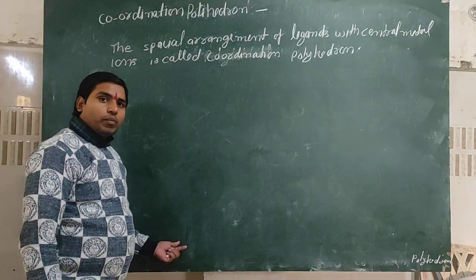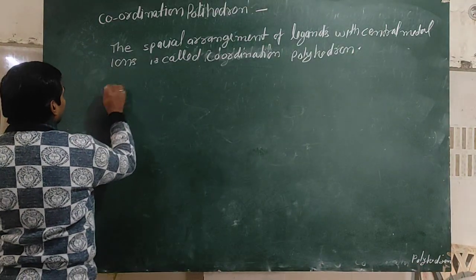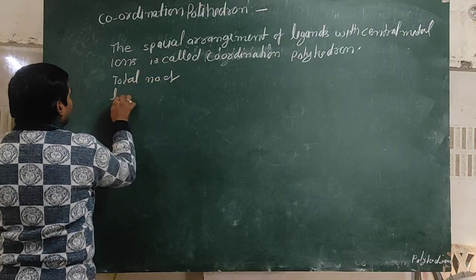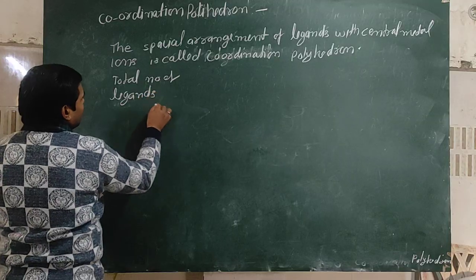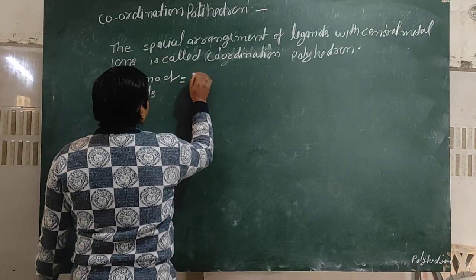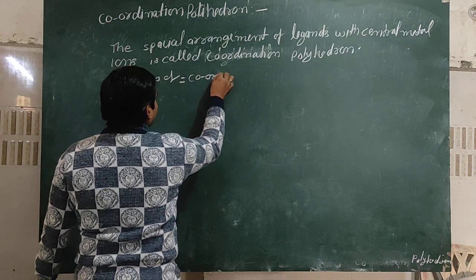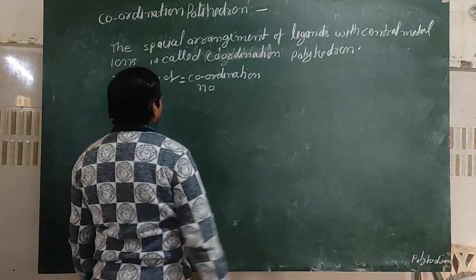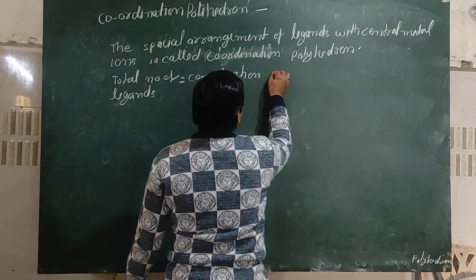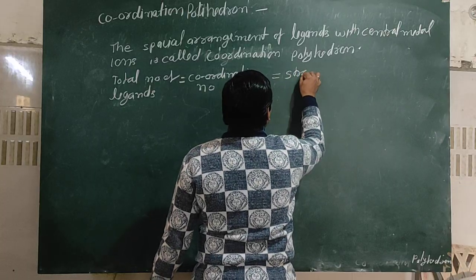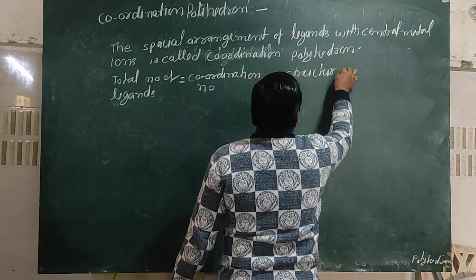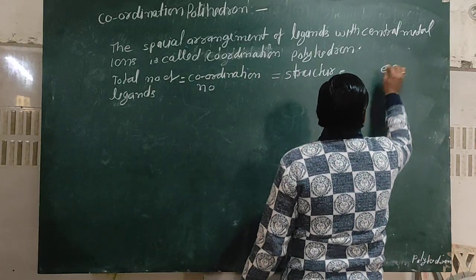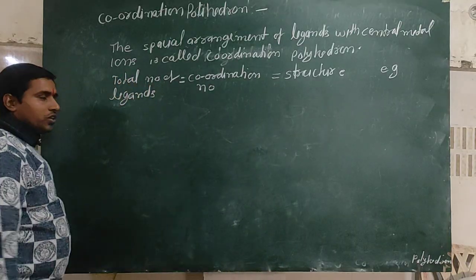You also know the total number of ligands is equal to coordination number, and this coordination number gives an idea about structure of the compound or complexes,